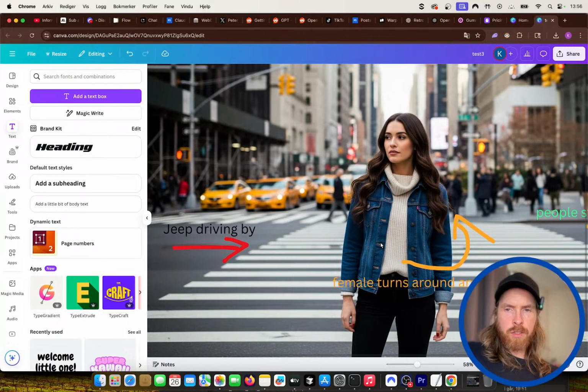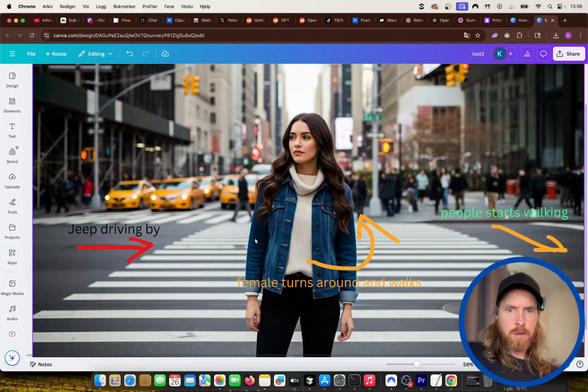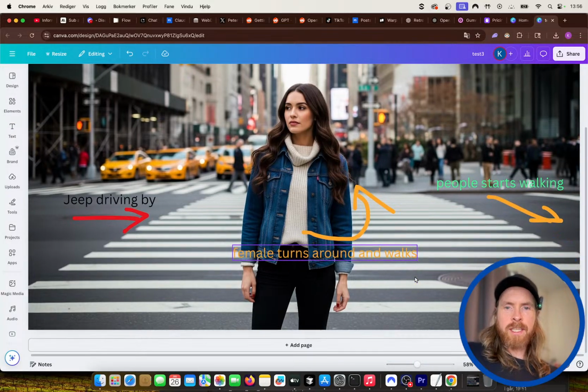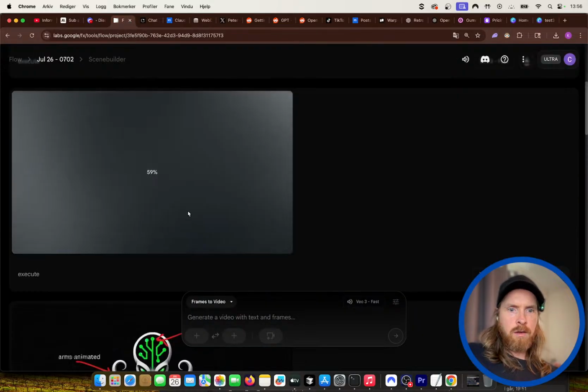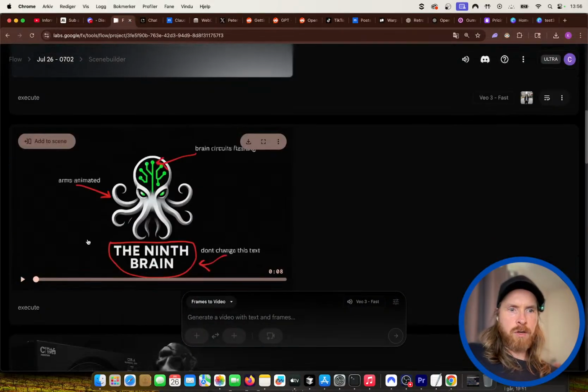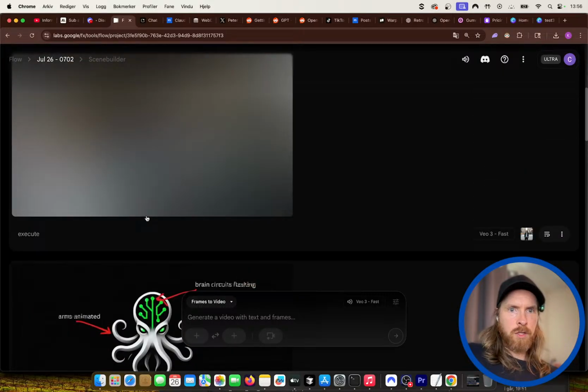So basically, instead of doing text prompts, we're just going to do the prompts onto the image itself. The first frame is going to get disrupted, but the other ones should work.